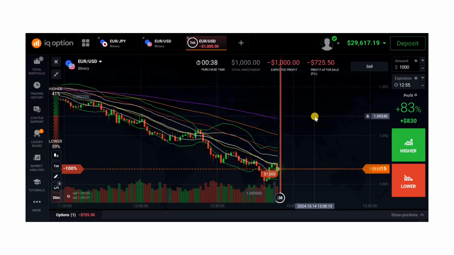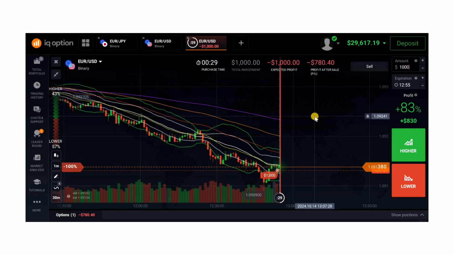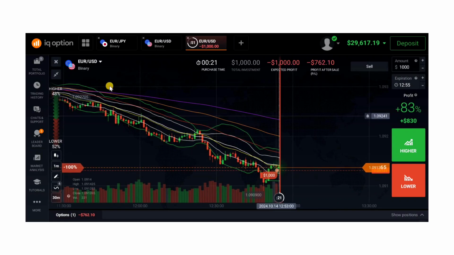Why? Like I told you, I am not looking at candlestick patterns. I am not looking at support and resistance pressure. No, all I know is that when the price goes to the 20 EMA from the past, it tends to always go down.